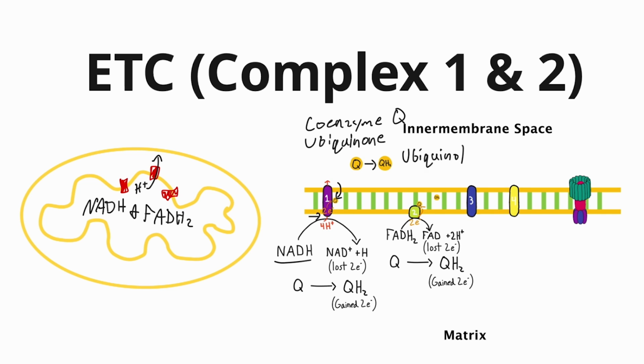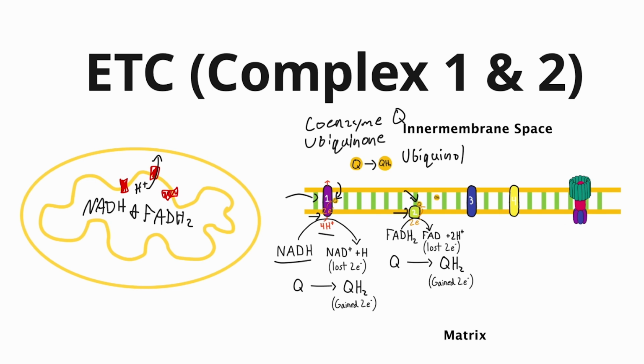ubiquinol. In some books, you're going to see a lot of details for how those electrons pass through complex 1 and eventually make their way to coenzyme Q, but those are definitely not things I'd worry about. During the transfer of those electrons to coenzyme Q, we also pump 4 hydrogen ions from the matrix to the inner membrane space. Complex 2 here is what accepts electrons from FADH2, and it also transfers those electrons to a